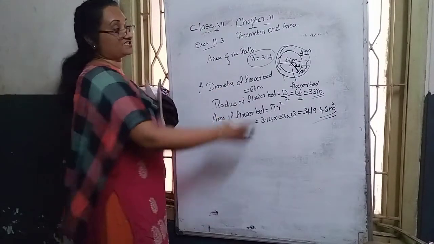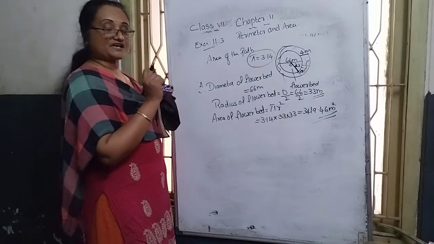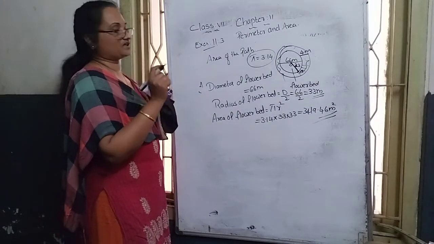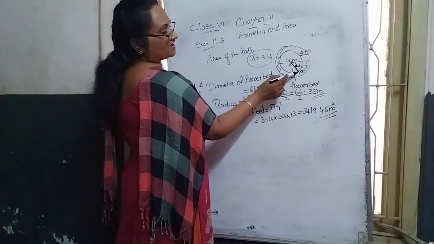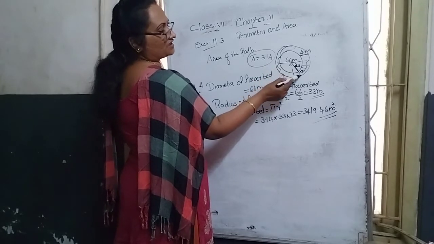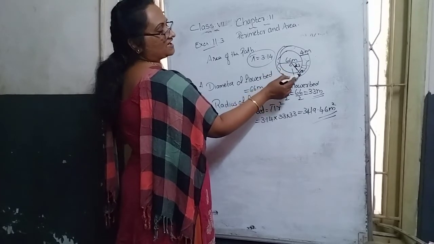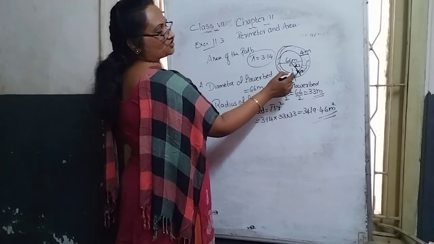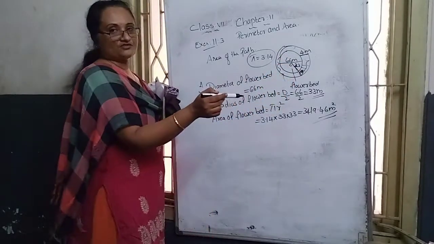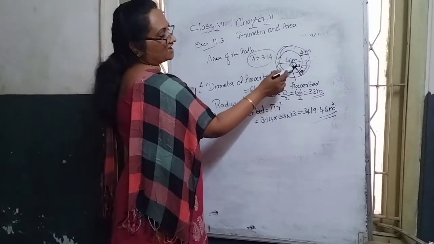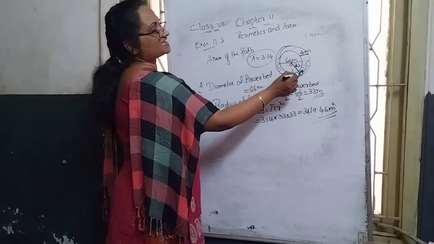Flower bed case is complete. Next, our aim is to find out the area of the outer circle. The area of the outer circle uses the same formula, pi r square, but r is different. We have to find the outer radius. How do we get it? Here to here the distance is 33. Then 33 is added with this part. The distance between the two circles is given as 4, which is the width of the path. So 33 is added with this 4 and you will get 37 as the outer circle radius.